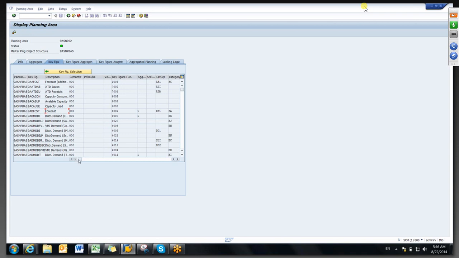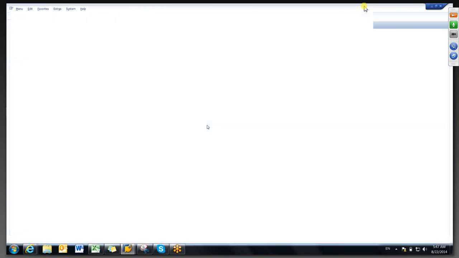If by any chance a key figure wants to display more than one category, then instead of a category, we have to assign a category group. In this group, we can assign more than one category. Are you getting my point, Sam? Yeah. We'll see again how these will be assigned. Okay. So going to the planning book again,